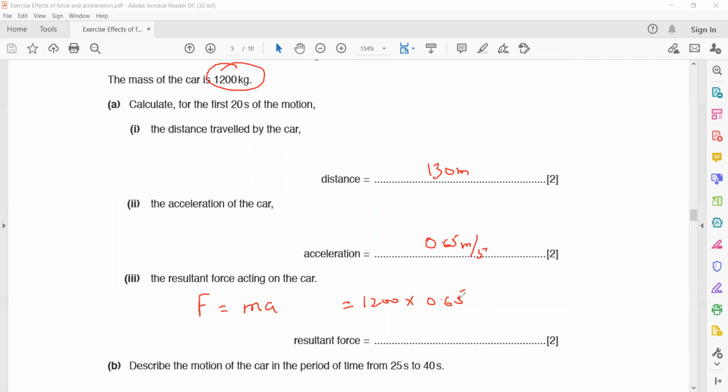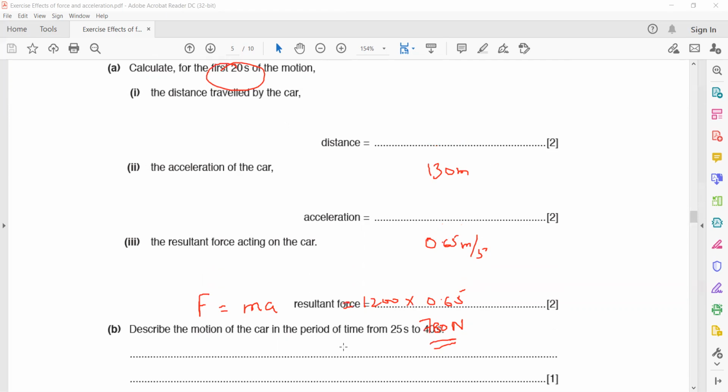What is the resultant force? 1200 multiplied by 0.65 comes out as 780 Newton. That is the resultant force acting on the car. So you can see that topics are interrelated. The first two parts were related to motion, and the third part is related to the resultant force. Then describe the motion